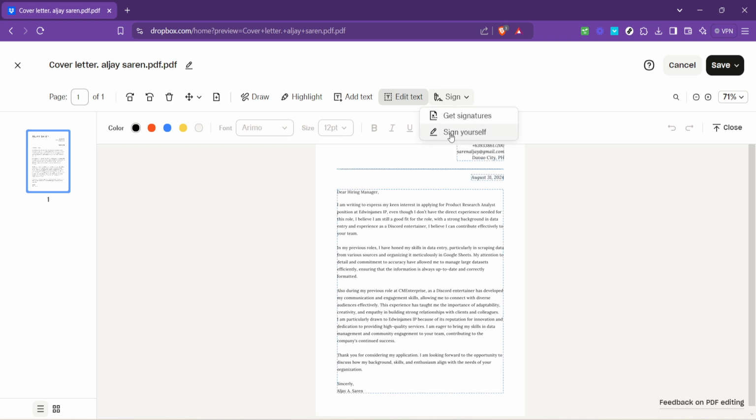Another powerful feature is the Highlight option. This is particularly useful for emphasizing important sections of text, making it stand out for later reference, or for emphasizing to collaborators. Throughout this process, remember, Dropbox auto saves your edits, ensuring you don't lose any changes if your connection drops or if you accidentally close your browser. However, it's always a good idea to periodically save your progress manually, especially after making significant edits.